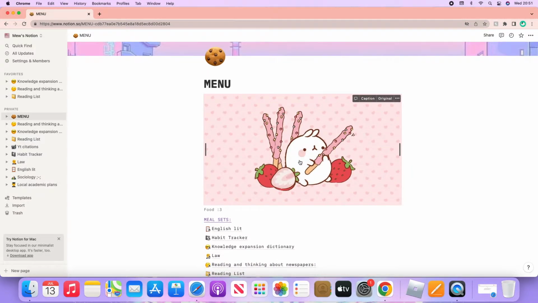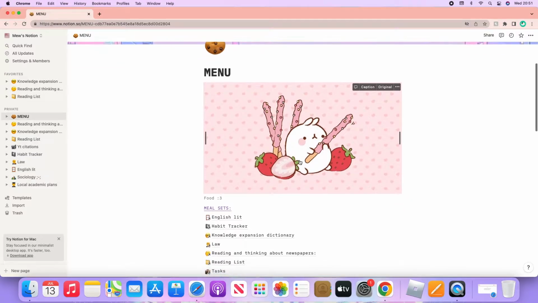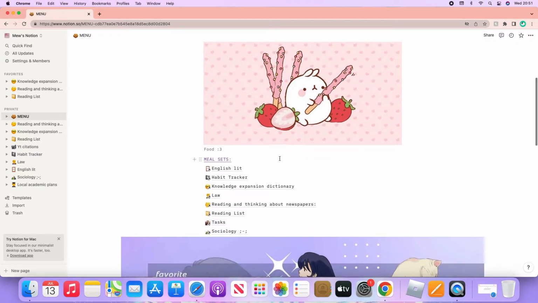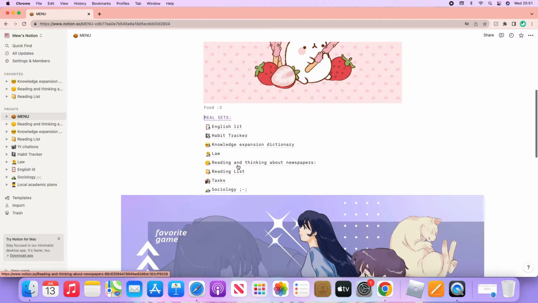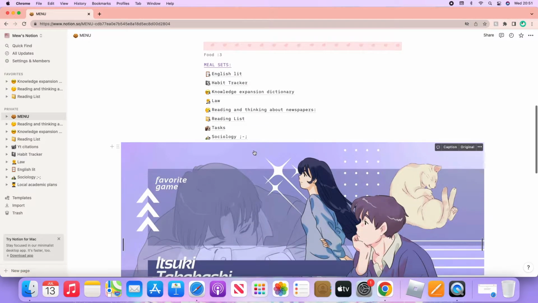So I was thinking about food, so this is basically like a literal menu, except there aren't any entrees or appetizers or dessert, it's just meal sets. Just like getting a bento box, though I've never had a bento box in my life. I wish I did, but this is just a lot of stuff, and I did this in alphabetical order because why not? And then if you scroll down, you've got